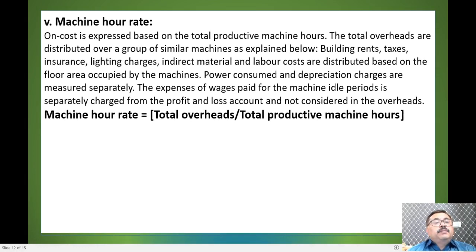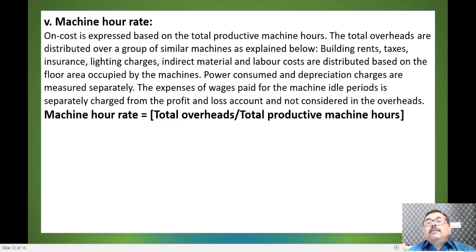The next method that you have is machine hour rate. Here the machine, how long it has run will be considered. On cost is expressed based on the total productive machine hours. How many hours the machine has run. The total overheads are distributed over a group of similar machines